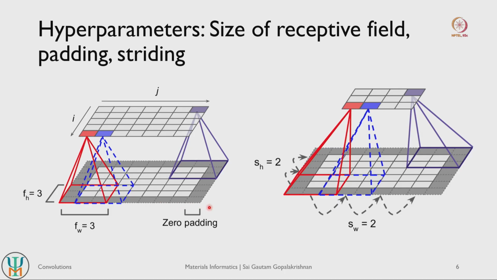The final idea is what is referred to as padding. So let's say you have these two convolutional layers. They are both the same size, but if you take the receptive field of your red neuron here, you see that it is only covering 4 neurons in the lower layer. It is only covering 4 neurons, but it has a receptive field of 9, which implies it's not able to get any information from 5 other neurons that it is supposed to get.